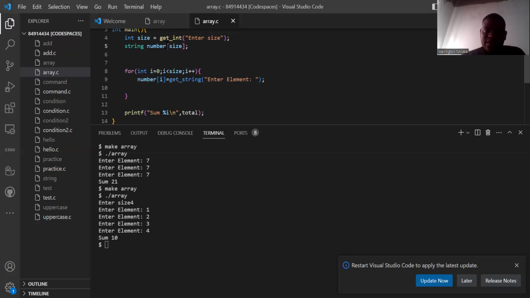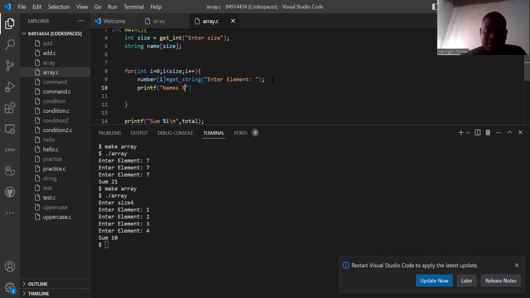String, you can just say string names, just say name, and get the size of what you want to collect in the string, and you get the names in the string, and can also print these names, can just print names,